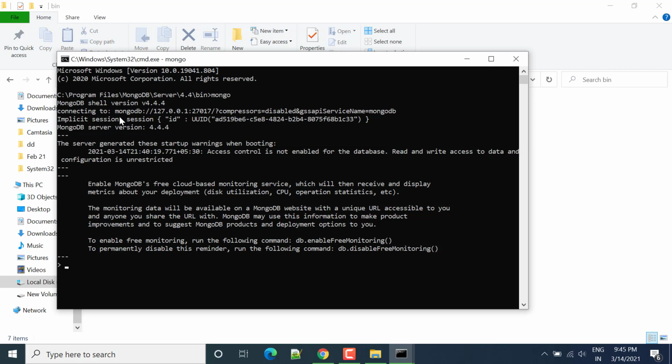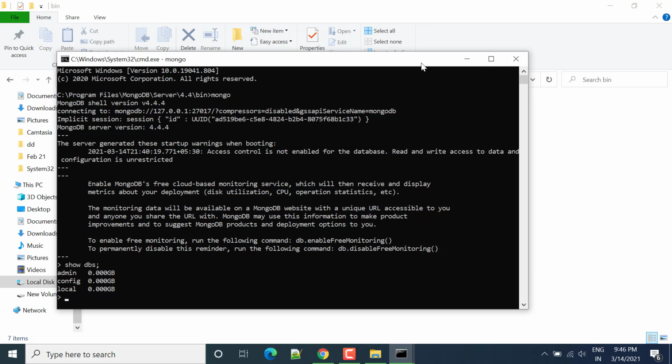So now you can see Mongo shell is connected with our latest version 4.4.4, and this is our path that we can use connecting to server. So here we can write few commands just to check whether MongoDB is working or not. So first we can write show dbs. This command is used to show all the databases that we have available. So by default we have admin, config and local. Similarly, we can create other databases, and inside database we will create documents.